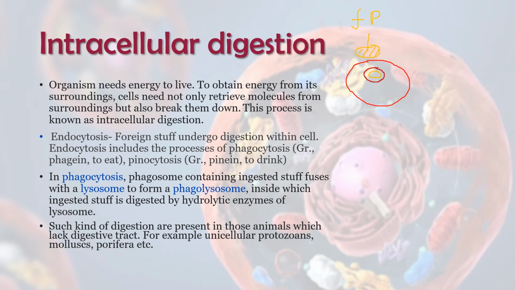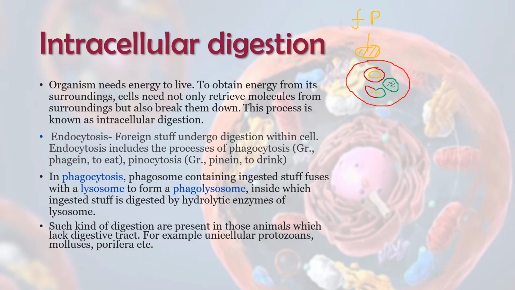This phagosome fuses with the lysosome containing hydrolytic enzymes, and all the foreign material gets lysed. So the fusion of phagosome with lysosome causes pathogen lysis,